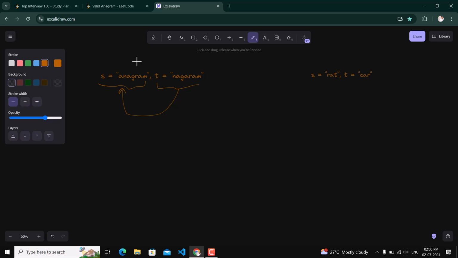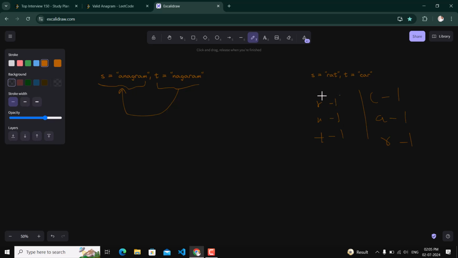Okay, like in this second example, rat and car. So here we have r one time, a one time, and t one time, but in this case we are having c one time, a one time, and r one time.